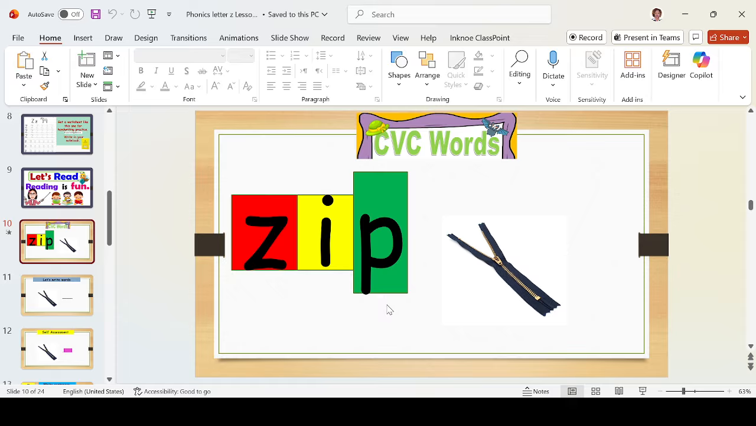So what is the word? This one is very easy, right? Very, very easy. Okay. Let's read it together. Z, E, P, zip. Okay. You can see here. Zip. Okay. Z, E, P, zip. Okay. Good. Now we will write,